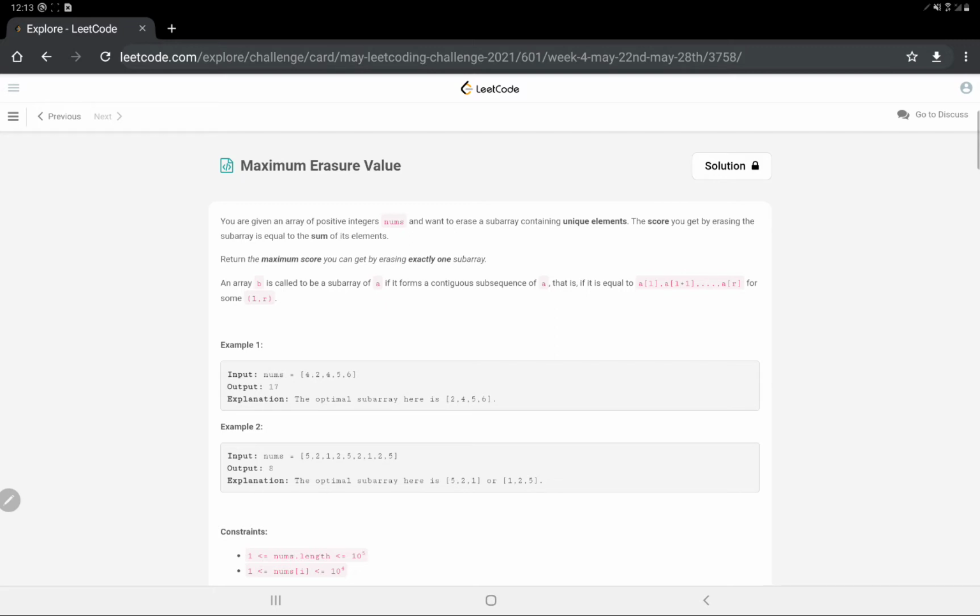Many of you might think that the question is a bit tricky and the language is a bit modified, but we got the crux of the question, and it's very easy to understand, not difficult at all. An array B is called a subarray of array A, and this is the definition, because if it's a subarray, then the elements are in consecutive order. So it's not like you pick one element from here and another from there and say it's a subarray. No, that's not a subarray. They have to be consecutive. That's what a subarray means, and in this question we have to get the unique one. I hope the question statement is clear.